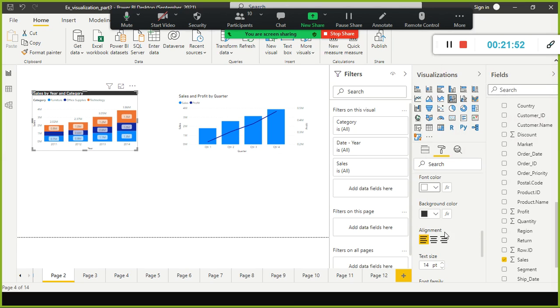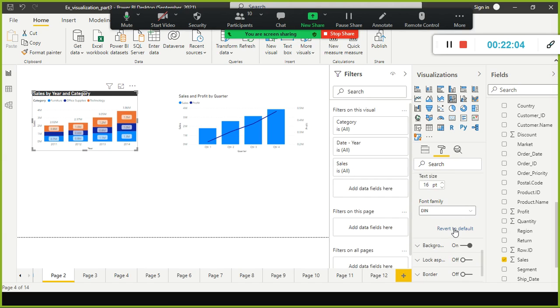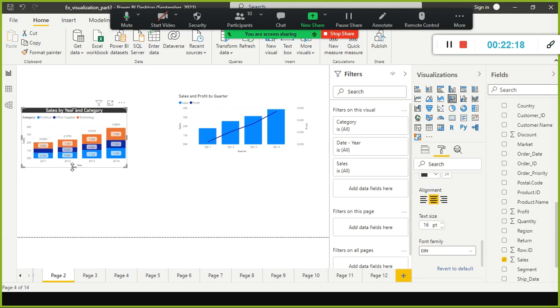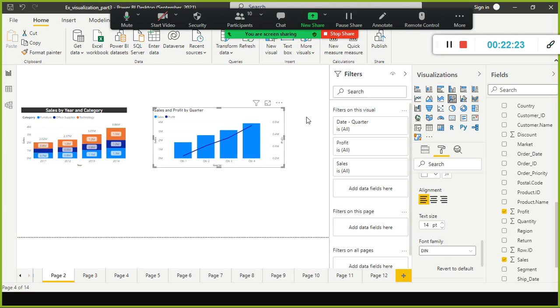Now it is good, but for the title, the font size needs to be increased. I'll be increasing the font size, and then this is the alignment. We can select this so that the title will be in the center, okay. And similarly you can do it for this also. Let me do it quickly here.